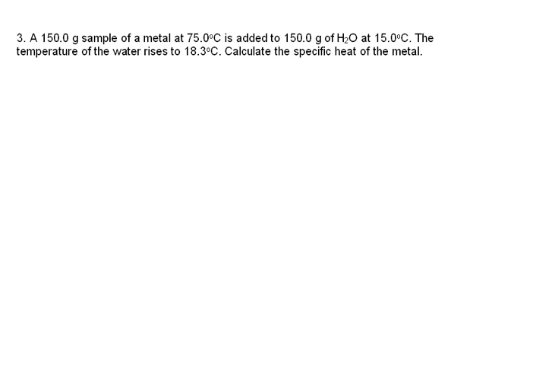Alrighty folks, what we're looking at here is how to solve one of these calorimetry problems. This is page 5 of the thermochemistry packet number 3. It states we've got a 150 gram sample of a metal at 75 degrees Celsius, and we add this to 150 grams of water at 15 degrees Celsius. The temperature of the water rises to 18.3 degrees Celsius, and we want to calculate the specific heat of the